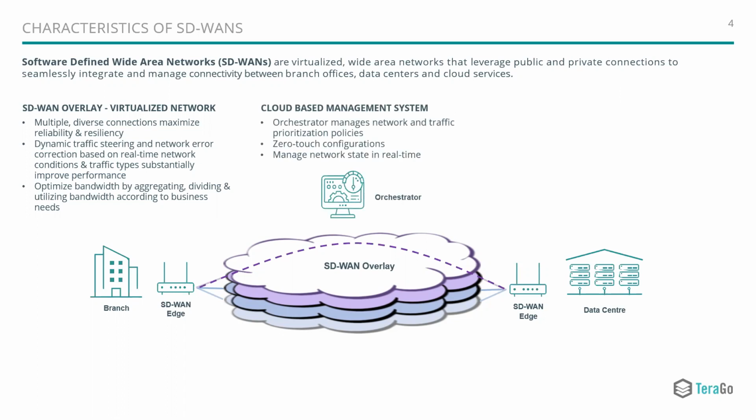The second important characteristic that all SD-WANs should have is a cloud-based management system. This is generally referred to as the orchestrator. The orchestrator manages customer configurations and network and traffic prioritization policies. It should feature zero-touch configuration. So the orchestrator automatically pushes out configurations to SD-WAN edges, either during deployment or when you're making changes to your